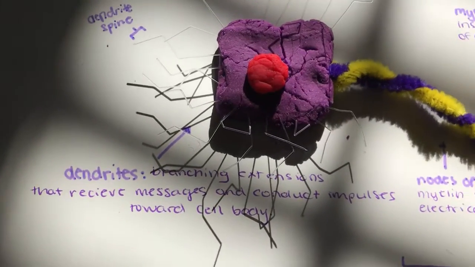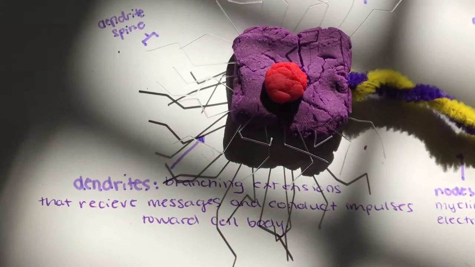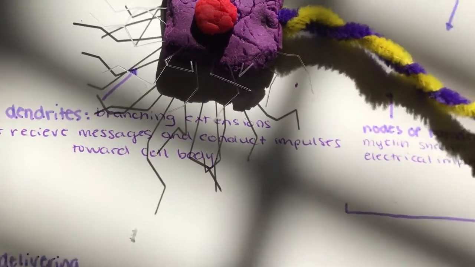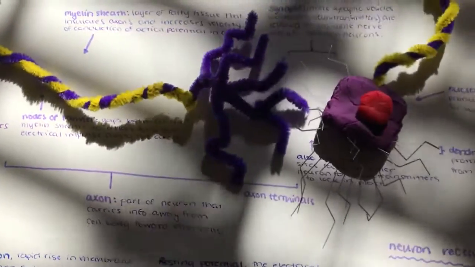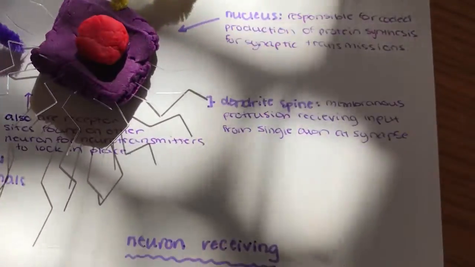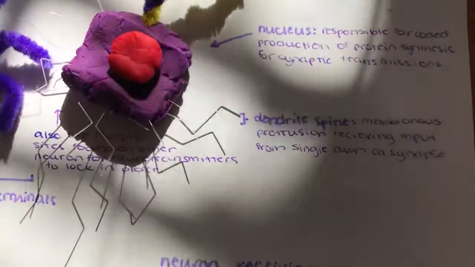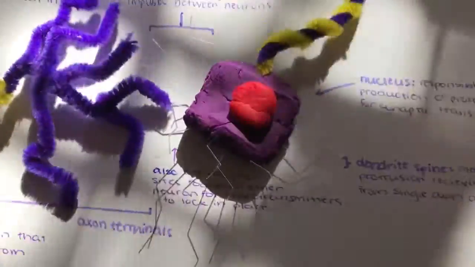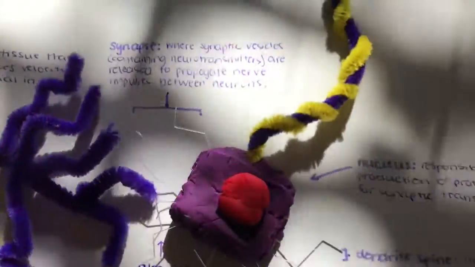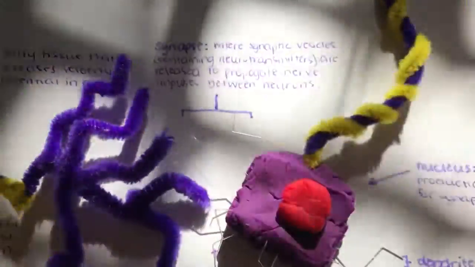And then we have dendrites, which are connected to the soma, and they're the branching extensions that receive messages and conduct the impulses down the axon and toward other cells. And connecting to the dendrites are the dendrite spines, and they're the protrusions receiving input from other axons at the synapse between here. And the synapse is where synaptic vesicles containing neurotransmitters are released to propagate nerve impulses between the